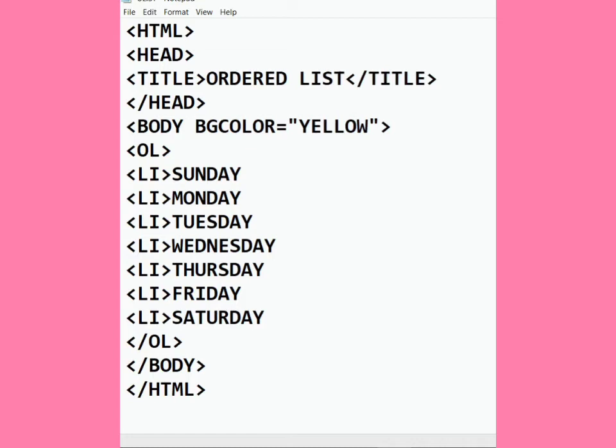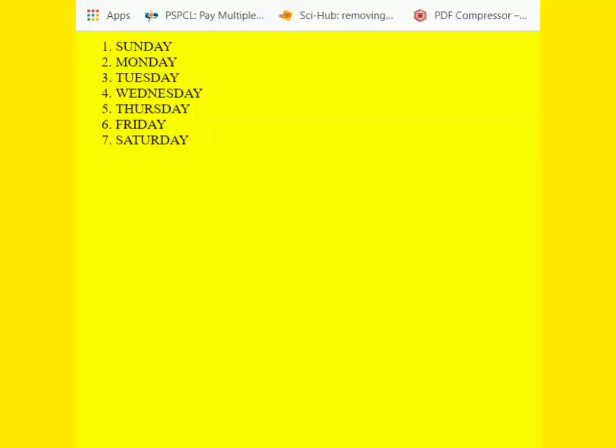When you open this file in Google Chrome, a yellow color screen will appear and the names of the days are written on it, like number 1 Sunday, number 2 Monday, number 3 Tuesday, and so on.